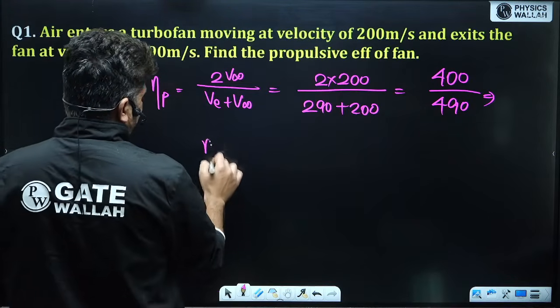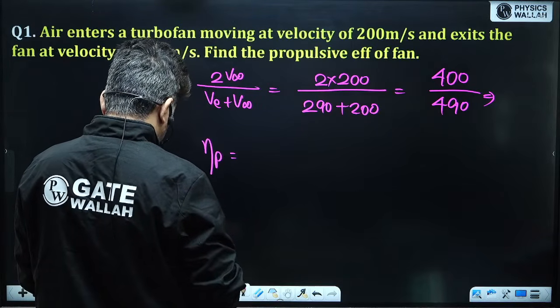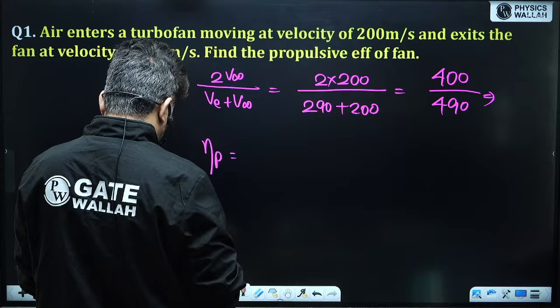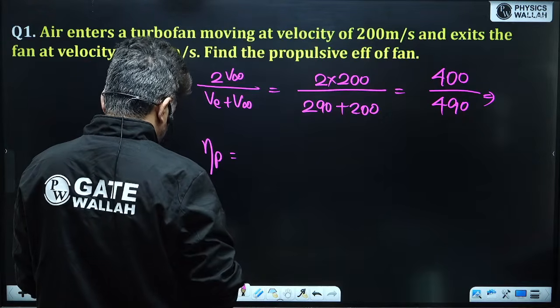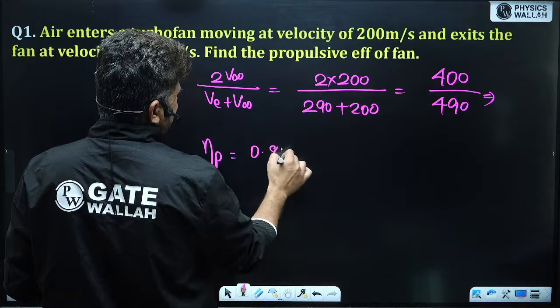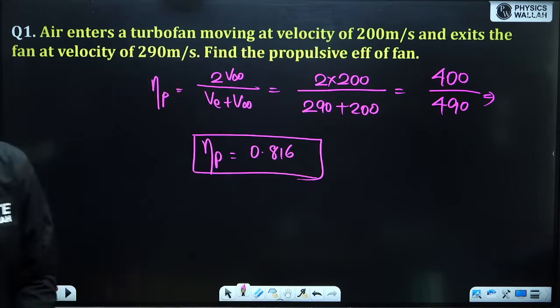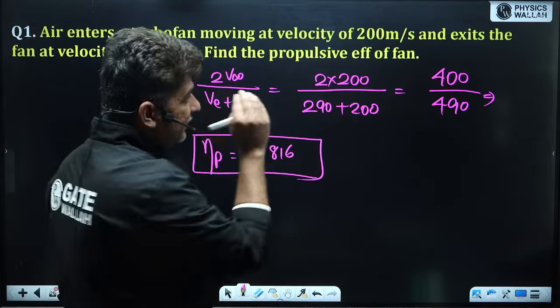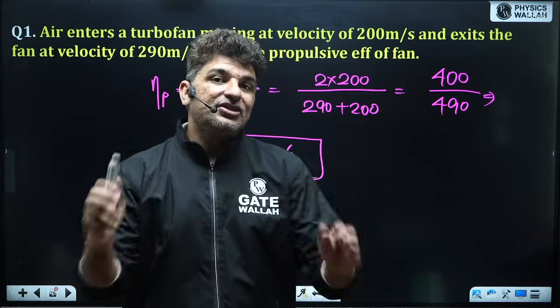So propulsive efficiency would come out to be 0.816, so 81.6%. So 81.6% of the power which has been given to the propeller has been utilized to develop